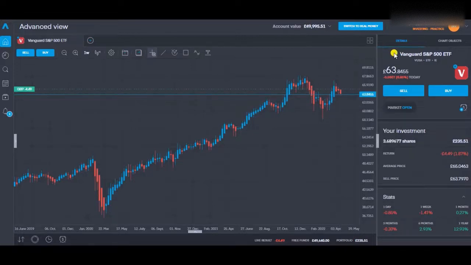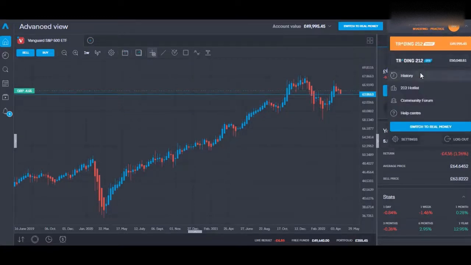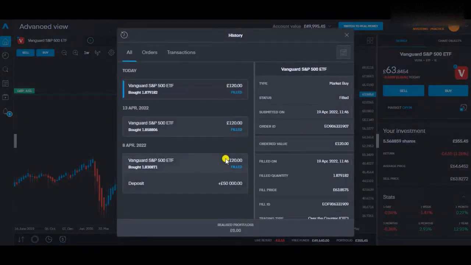And the other thing that I wanted to show you is in practical terms what dollar cost averaging looks like. If we go into the history, we can actually see the amount of shares that we bought each time. So each time this is 120, as you can see. The first purchase we got 1.83 shares. The next one last week, because the price had fallen, we were able to buy slightly more, 1.85. And today you can see that we've got nearly 1.88 with the price having fallen again,